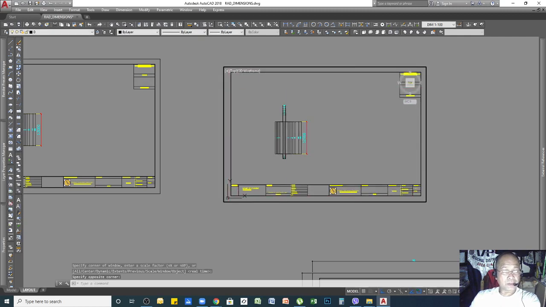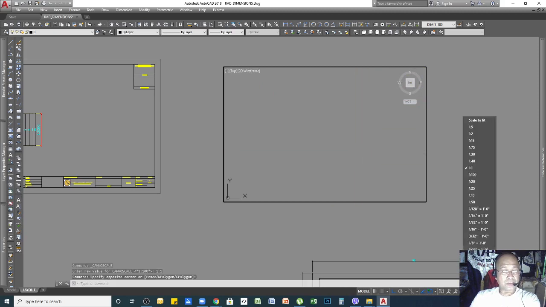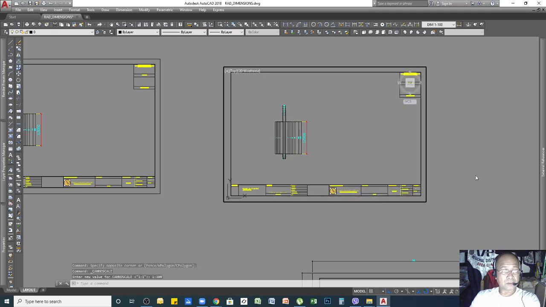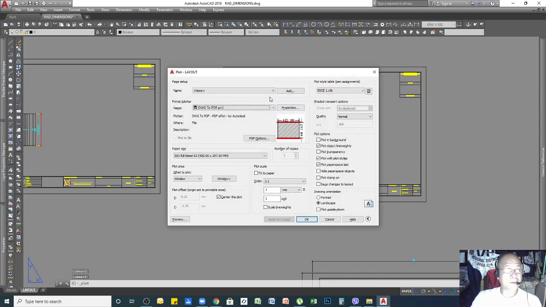So the scale is 1 is to 1. Oops, sorry, 1 is to 100, not 1 is to 1. Okay, then I will put it in lock, so you cannot change it anymore. Okay, so now we'll print our drawing.